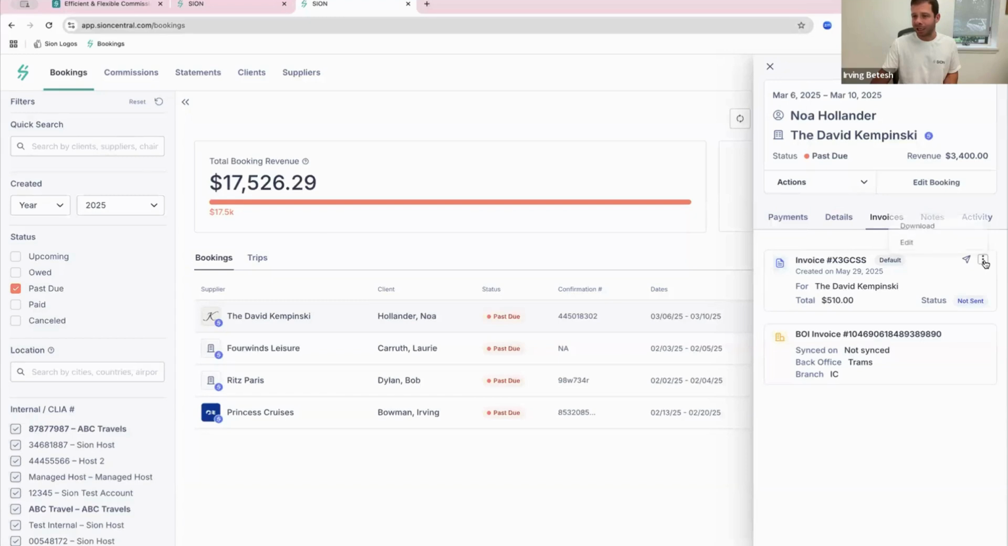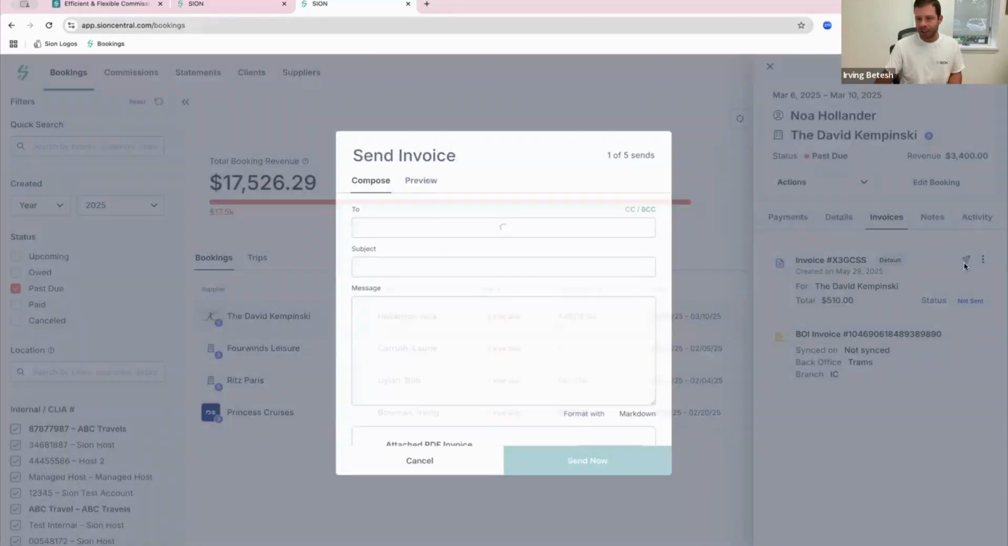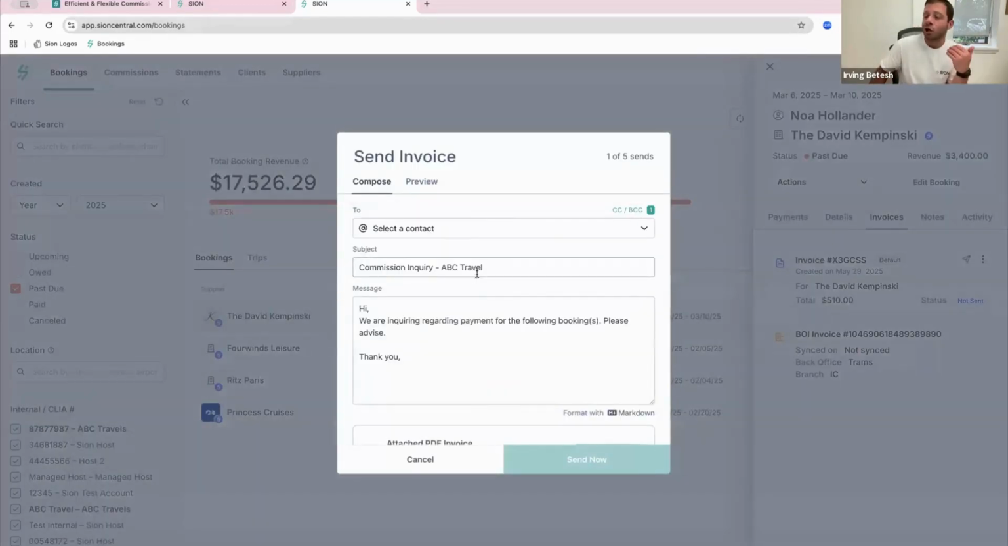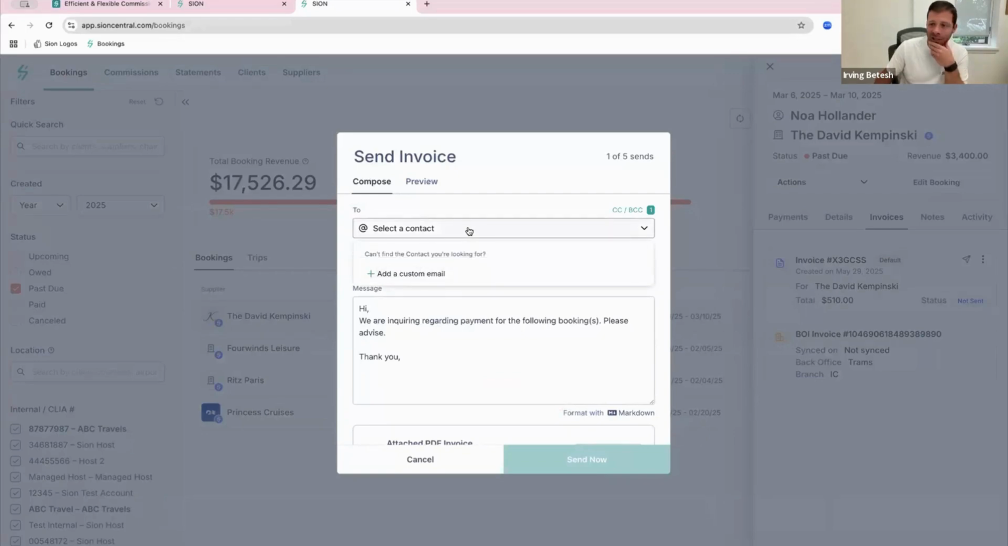Obviously, you have the option, like I showed you before, to download this booking, to download this invoice and email the property yourself. Or you can click the little airplane here and send it through Sion, which allows them to respond directly to our system and be able to track that you followed up. So if there is a contact at that property or client's profile, because you could also send client invoices through here,